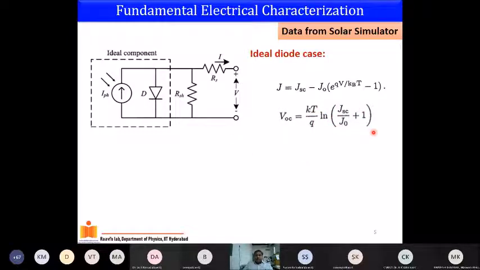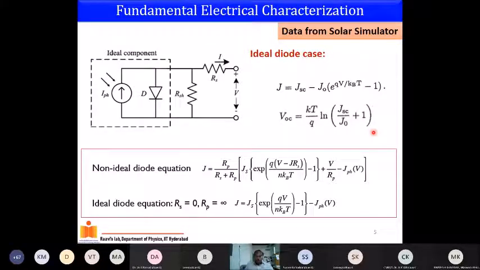So this is the simple ideal diode case, and we have also discussed yesterday how we go away from the ideal behavior to a non-ideal case. The deviation from ideality comes into the picture when you consider two resistances, the series resistance and a shunt resistance. Now your J, the current density in the circuit, varies not like this, which is ideal, but as a function of your resistance, which is Rp by Rs plus Rp,